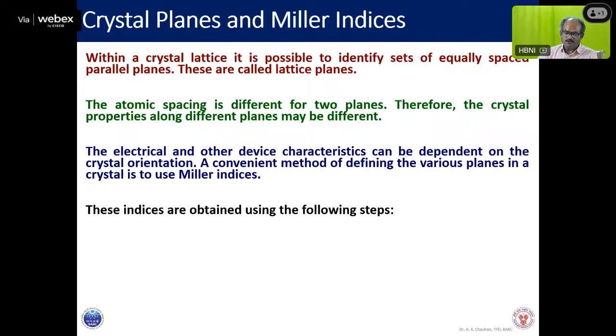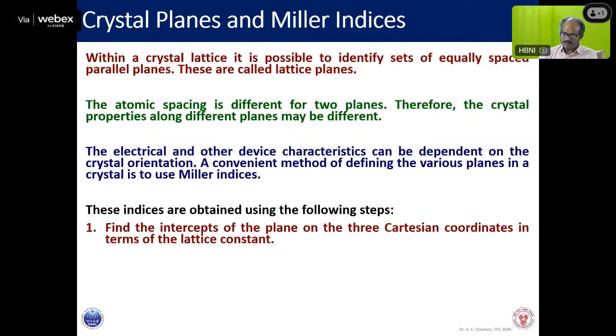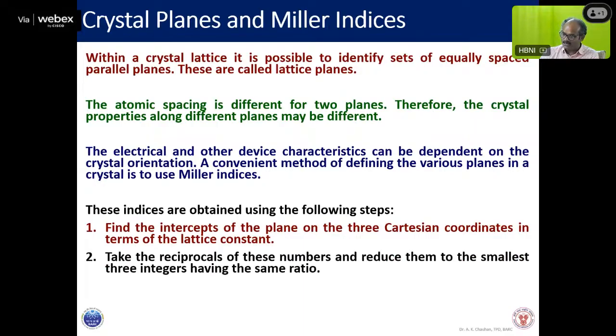To do this, we use Miller indices. They're very simple. You should know only a few things. If you have a plane, just find the intercepts, because any plane will cut the x, y, and z axes at some particular points. So find the intercepts of the plane on these three axes. You will get certain coordinates. Now take the reciprocal of these numbers and reduce them to the smallest three integers